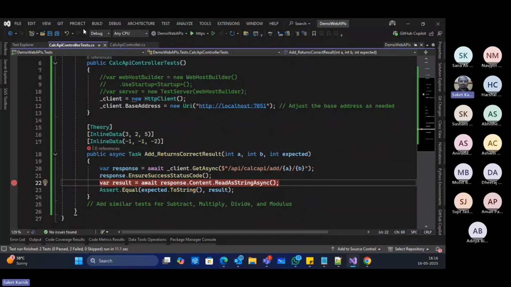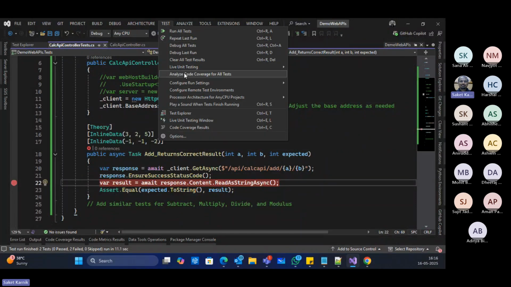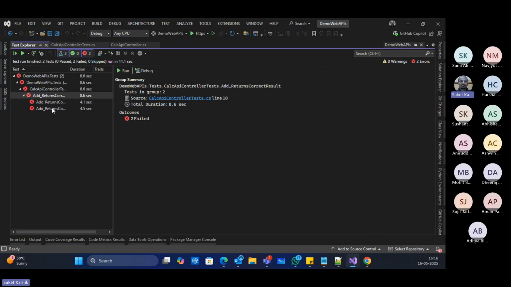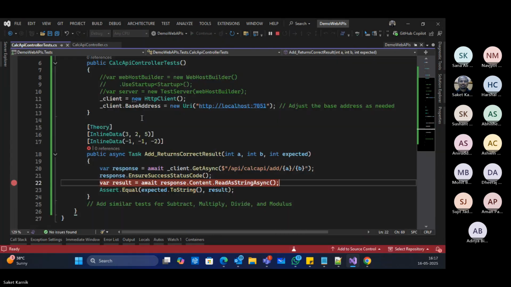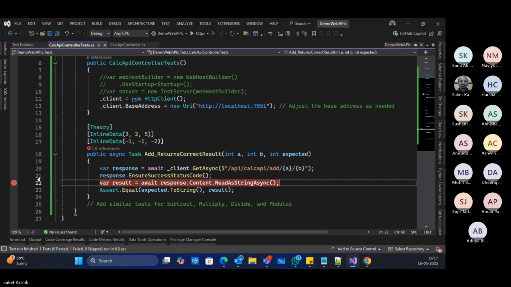That's strange. Test explorer. Debug. Probably it's failing here only.